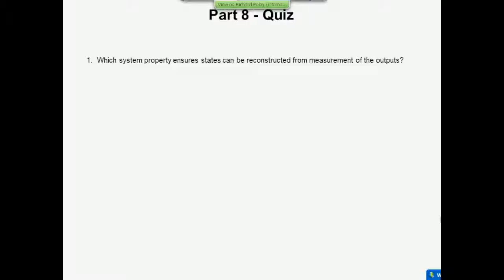Observability, that's right. If the system is observable, you can build an estimator and estimate the states. What matrix defines the dynamics of the linear full-state estimator? Let's assume that it's the prediction estimator for now, and we're selecting the eigenvalues of the linear prediction estimator. I think it says prediction, but you can give me the current as well if you want. It's phi minus LC in the prediction case, and if it's the current estimator, it's phi minus LC times phi. It's just a memory test, but you would get to know that after a while.